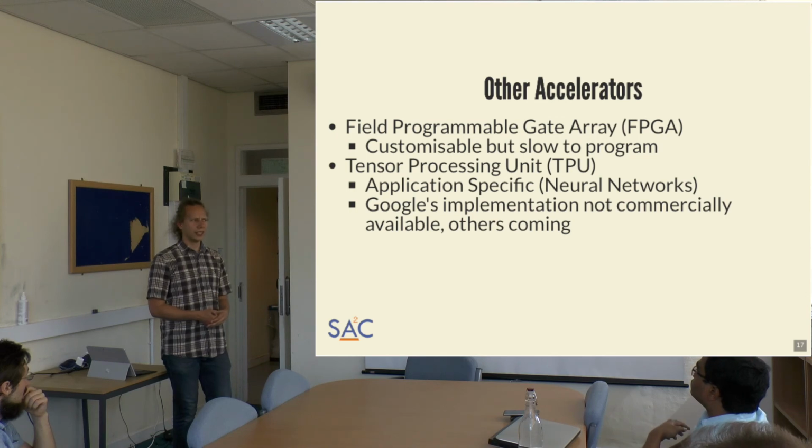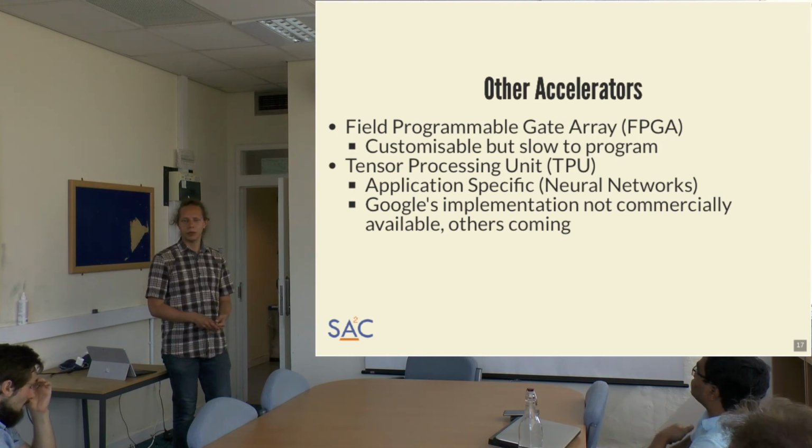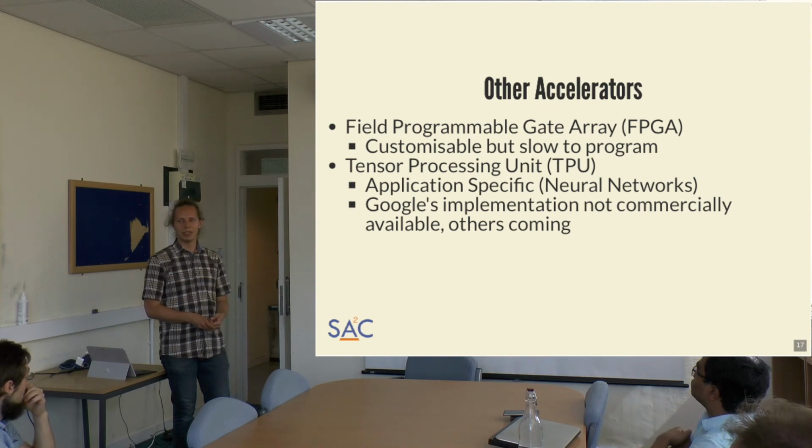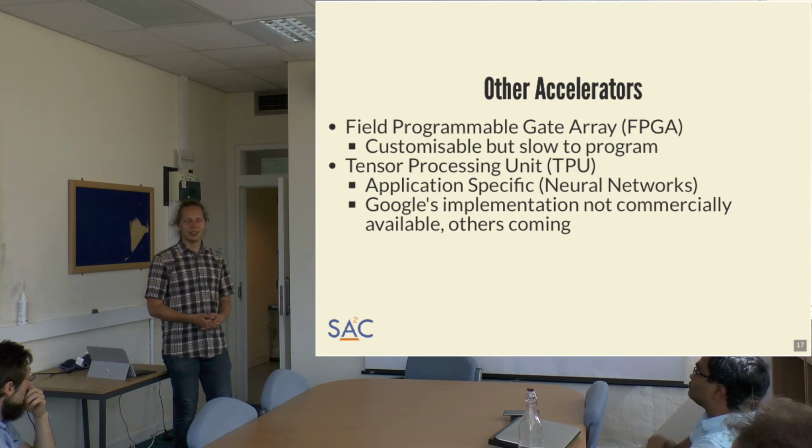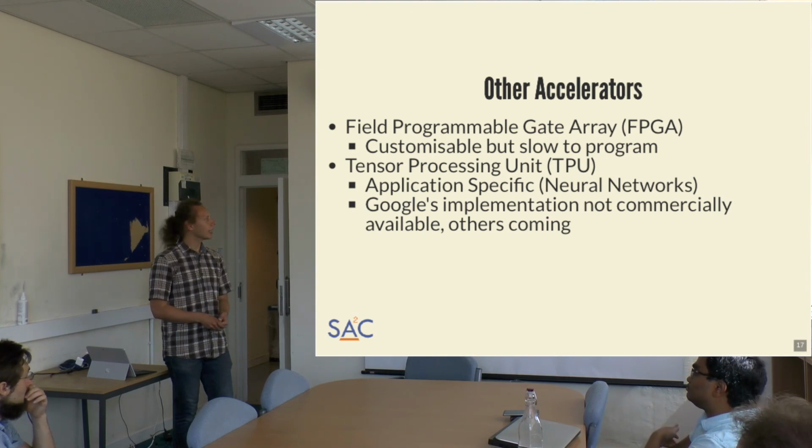But I have seen some noise about a couple of companies making purpose-built devices for artificial intelligence. This would be somewhat different from GPUs. It would probably have more tensor units, probably be faster at pure multiply-add operations, and maybe the data structure would be something